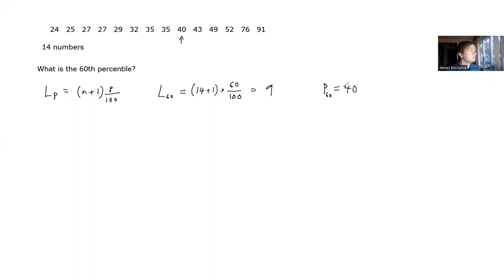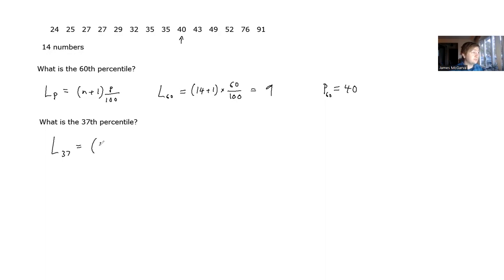Cool. All right, but what if we're not so lucky, right? We're not going to stop here. We're not going to do only the easiest example. No, we've got to do something a little bit harder too. So we're going to do, let's say, the 37th percentile. Okay, so here we're going to do the same formula, right? We're going to do L for the location, in this case L37,